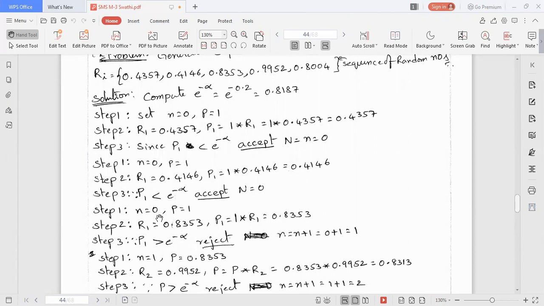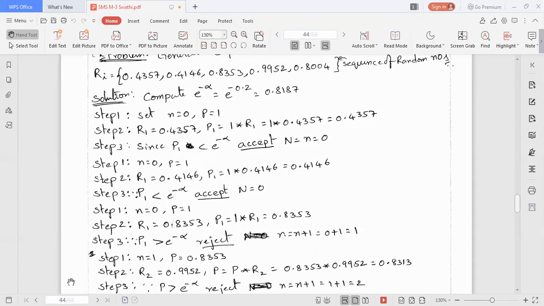This value we need to reject, and n should be replaced as n equal to n plus 1. So n equal to 0 plus 1, that equals 1.